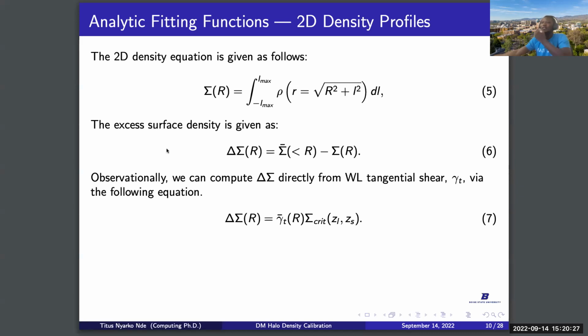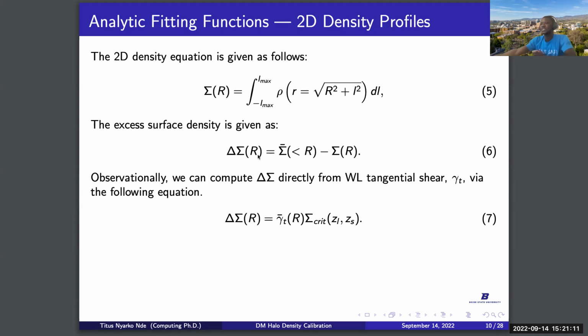Observationally, this sigma is difficult to calibrate, because we can calibrate it from something we call the magnification effect. The magnification effect is an effect of galaxy weak lensing, and it makes a galaxy appear brighter and bigger on the sky than its actual size and brightness. This magnification effect is usually difficult to calculate, because before you compute it, you have to know the size of the galaxy before the magnification took place.